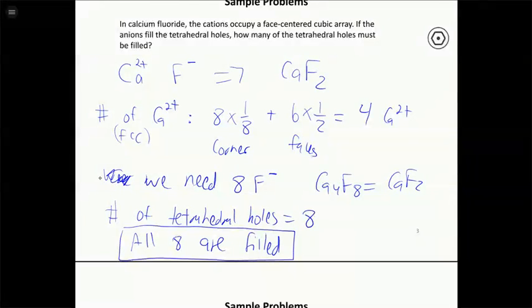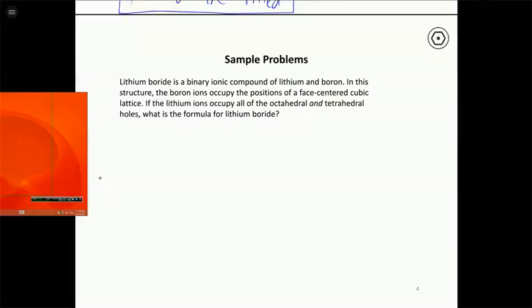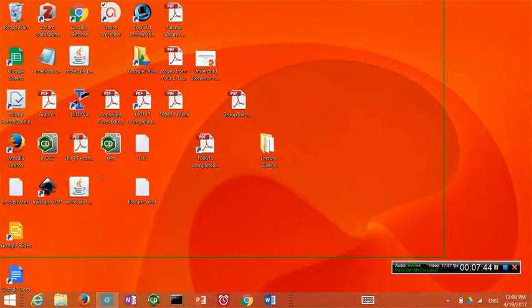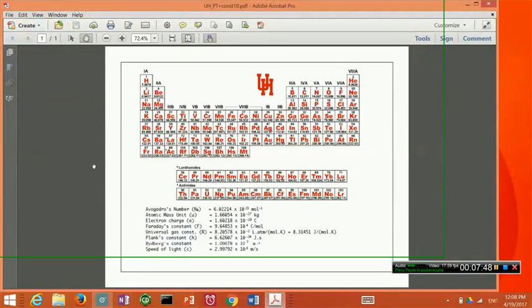And then another one here, which is a little bit more out there, is a sort of non-standard situation. We have a compound called lithium boride. Now it can be classified as an ionic compound, or it's kind of in between, right? Because boron we know is a metalloid. Go back to the periodic table. So this is kind of a weird compound. We're not going to worry about these details, but just to orient you a little bit, boron's here. It's a metalloid, so it can sort of have metal and non-metal properties.